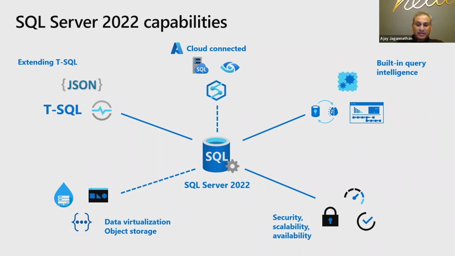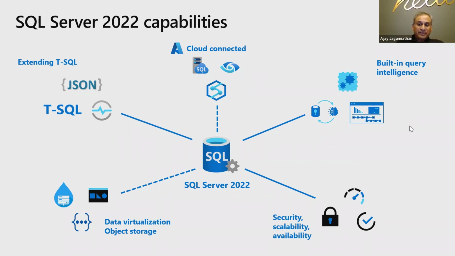The third category is our core engine, which is what we take pride in as a database system in the entire industry by continuing to innovate in security, availability, and scalability aspects. This is what makes SQL Server Engine the most industry proven and trusted for mission critical workloads, and customers are able to get the best out of the product through our innovations here.